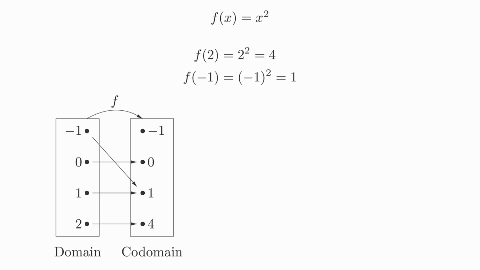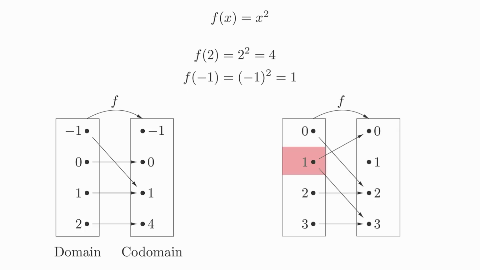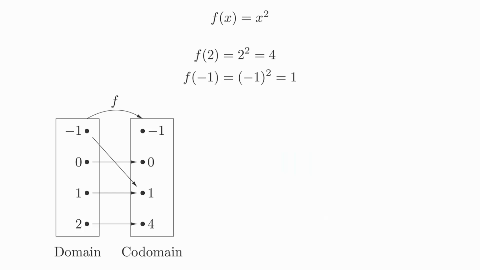What makes this a function is that every value in the domain maps to exactly one value in the codomain. If any of the values in the domain have 2 arrows leaving it, the resulting diagram would not represent a function. Notice that not every output value gets mapped to by this function. For example, there is no input value that can ever make x squared equal to -1. The range of a function is the collection of values in the codomain that are mapped to by some value